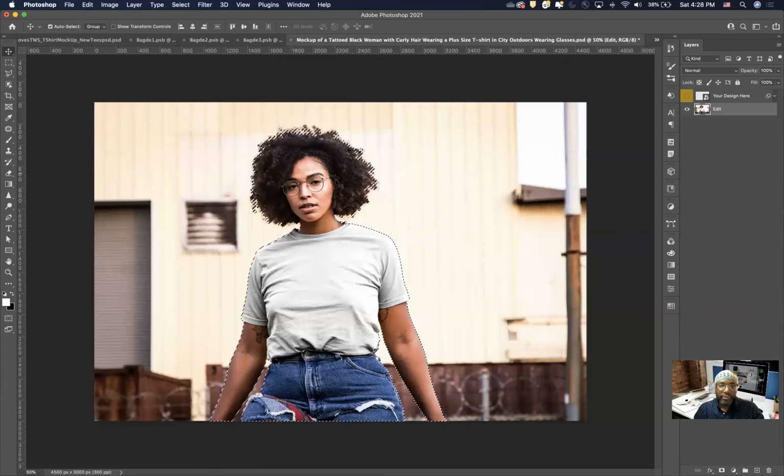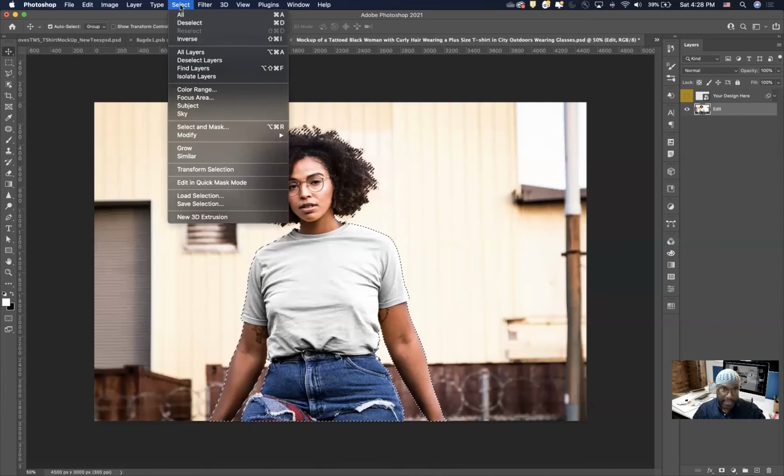It looks pretty good. And again, what you want to have is an image that has high contrast, right? Between the subject in the foreground and the background. So if there's a high level of contrast, meaning a difference in color, your selections usually will be really, really good, right? So now that I have this subject selected by just going to Select and Subject,